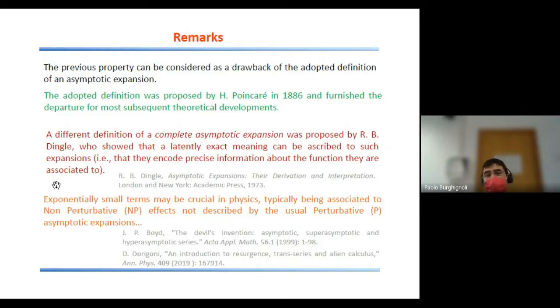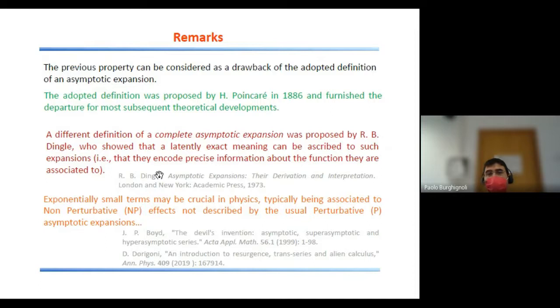However, keep in mind that those exponentially small terms may sometimes be very important in physical terms. For example, typically non-perturbative effects, that is, effects that cannot be obtained by a perturbative expansion, that is, an asymptotic expansion in terms of a small parameter, may be important in physics. One classical example is that of superconductivity, whose theory was derived after many efforts of many brilliant physicists, who were not able to derive a correct theory because they insisted on performing perturbative expansions, whereas the phenomenon is intrinsically non-perturbative. So an entirely different route was to be taken, and it was taken by those who found the BCS theory